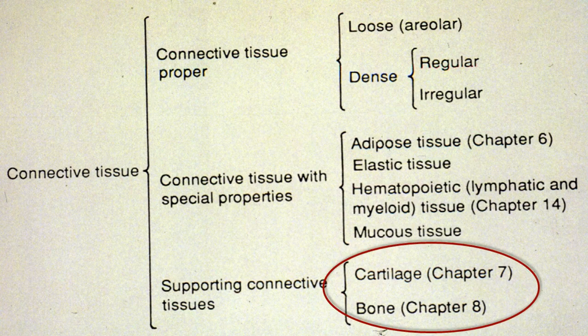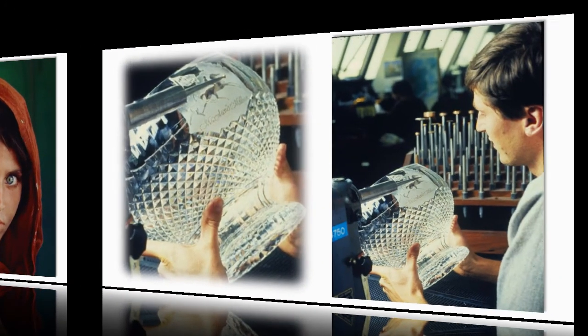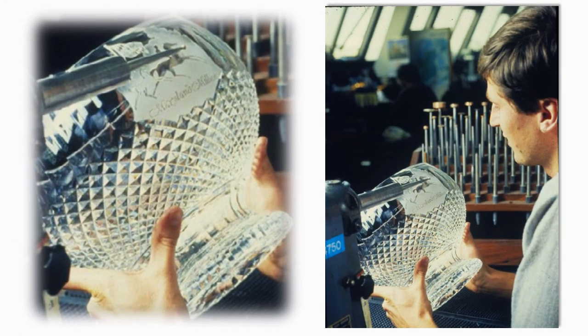Now that we're at the end of the lectures, here are some places I've traveled. Here we see pictures of the Iceman in the Museum of Natural History in Washington, D.C. Also, a famous picture displayed in the museum. On another continent, Ireland has Waterford crystal, which makes a lot of nice glass structures, as you see here.